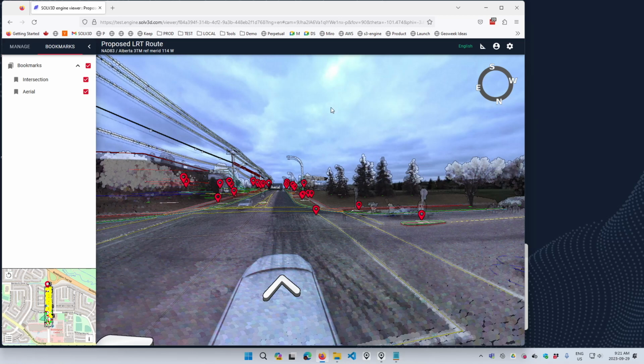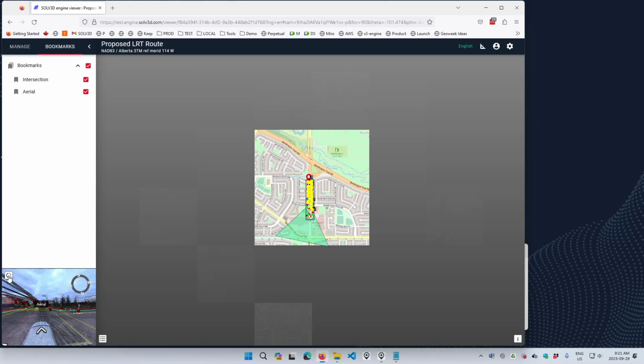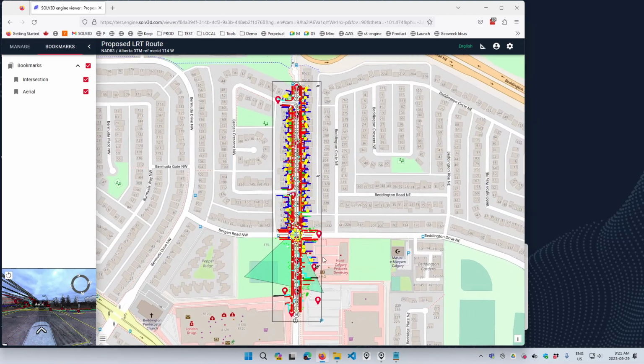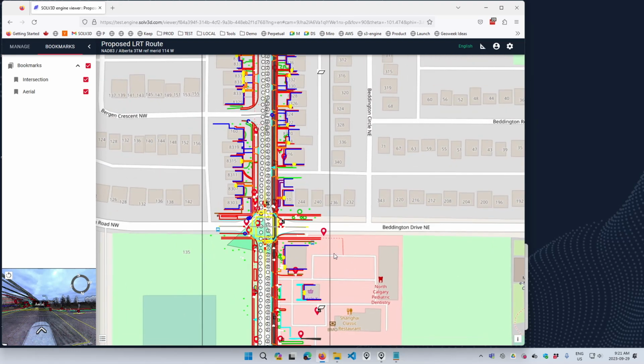So we have our main scene view here, this big window on the right hand side, the 3D view with the panels and point clouds. We also have an aerial view in the bottom left. And you can always swap those views if you want. So there's a little arrow here. I can click this and dive in here and use my mouse wheel